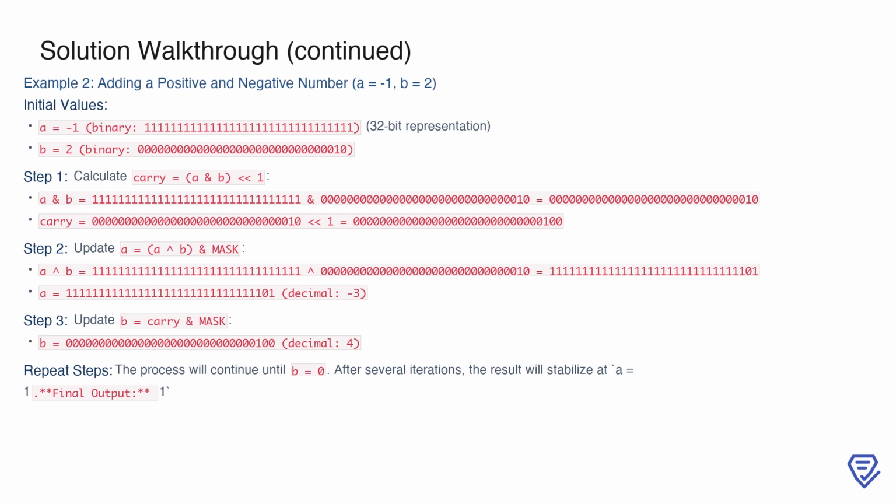The binary representation of a in 32 bits is all ones, while b is represented as